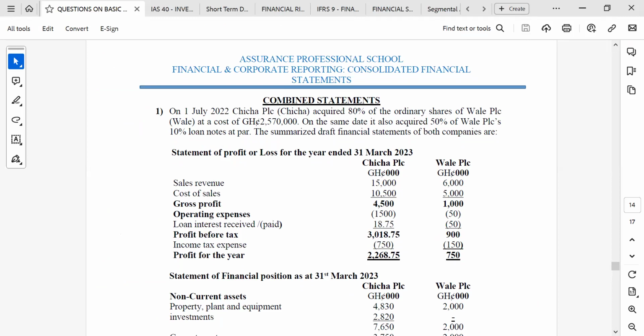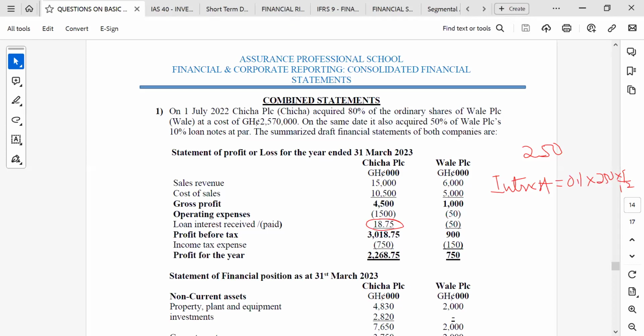The loan note that we are buying is 250. What is the interest on it? 10%, 25. No, it will be 2.5, 25. It will be for 9 months. It's not a full year. It's 1st July. So the interest will be 0.1 multiplied by 250 multiplied by 9/12, which is 18.75. So you can see that the loan note interest received by the parent over here